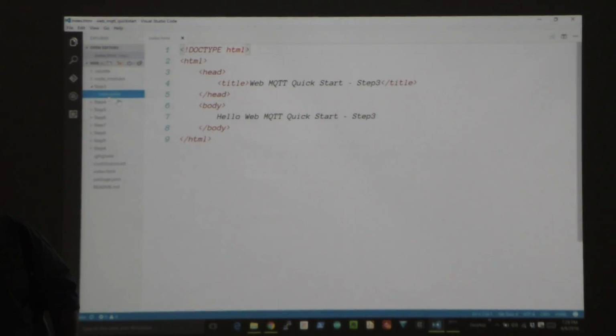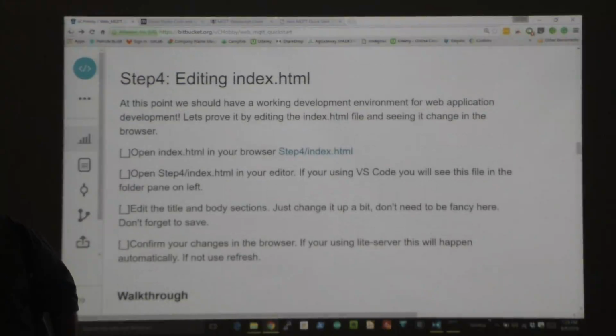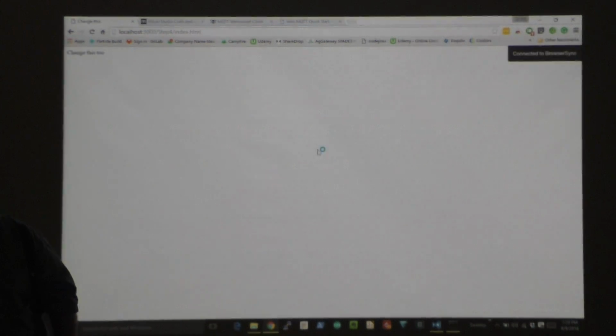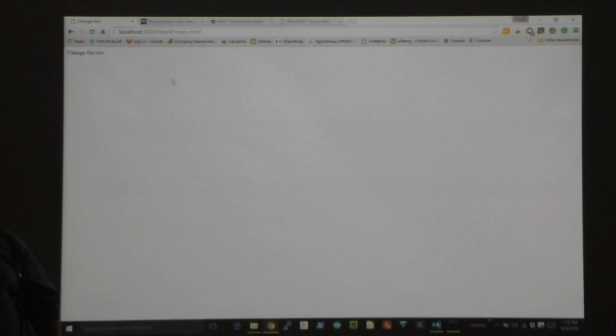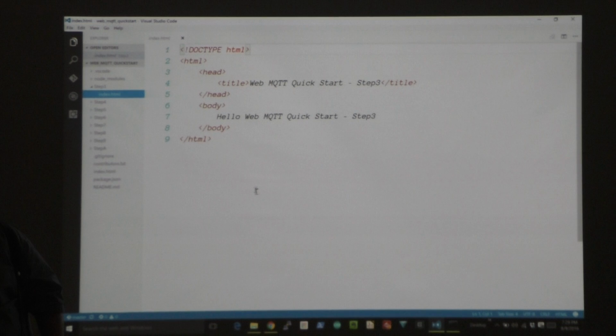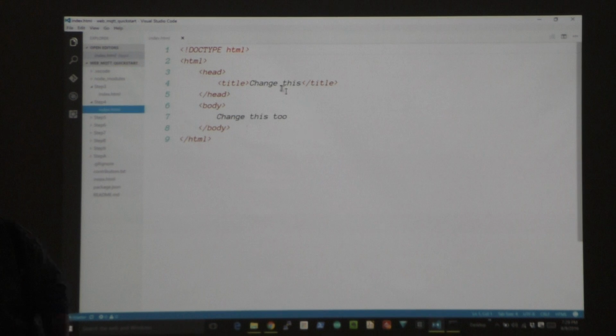So I'm going to go ahead and open step 4. So step 4 is running, and all it's got is a title and a single line of text in the web page. You can see here and here. And then I say in the tutorial to go change some code on that. So here, step 4, I say change this. So we're going to say